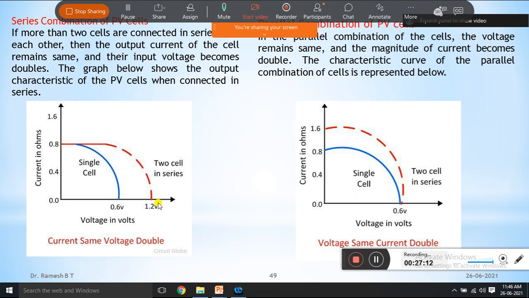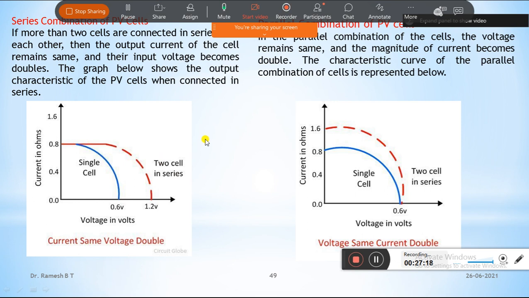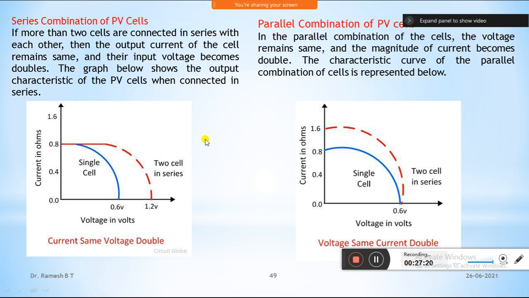Okay, and these cells are generally connected in series and parallel, so these are the two combinations. One is a series combination and the other is a parallel combination of PV cells, and these two are current and voltage. Okay, the I and V graph. If you draw the I and V graph, we can achieve this. So here the voltage and the current,